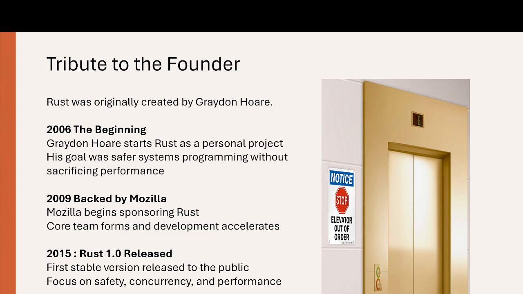They hired Graydon Hoare. He was not hired as a normal engineer to contribute to a working project. They had an agenda behind it. They wanted an experimental project called Servo. They trusted Rust and Graydon Hoare's project ideas, and they wanted to give it a try. Graydon Hoare personally led this project, called Servo, and it was a